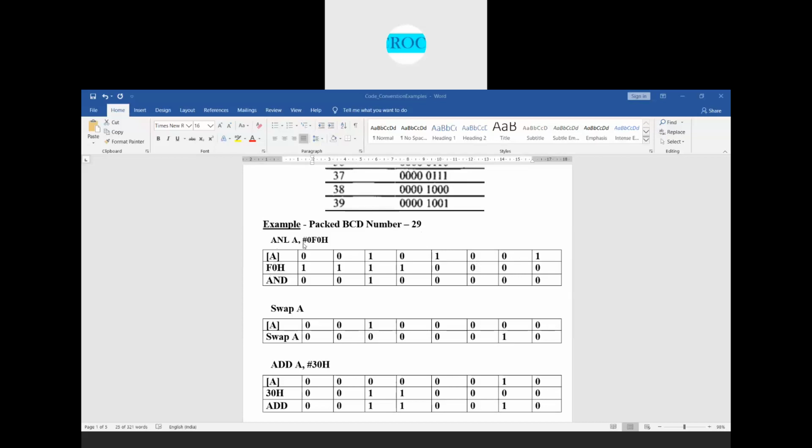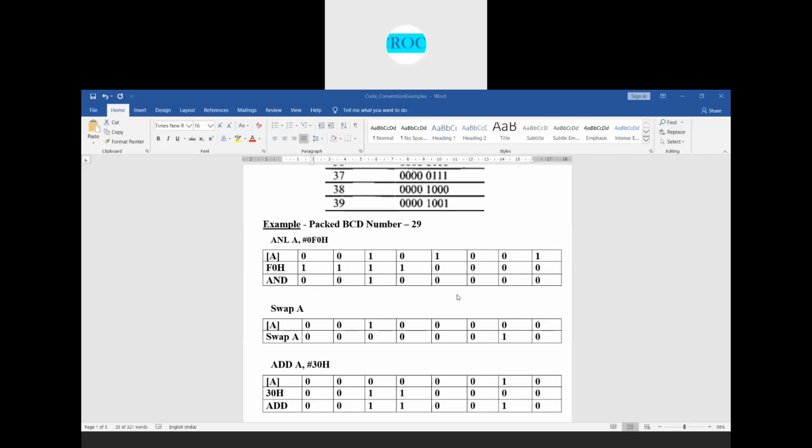And with which immediate number am I ANDing here? F0H. We have F here. How do you represent F? 1111. And 0 is represented by four zeros in binary. When I perform the AND operation between the contents of A and the immediate number F0, what do you get here? Both are 1 here, so this is 1. 0 AND 1 is 0. 1 AND 0 is 0. 0 AND 0 is 0. Anything ANDed with 0 is 0 here. So what we get in the accumulator is now 20.